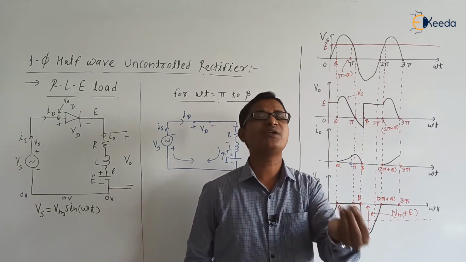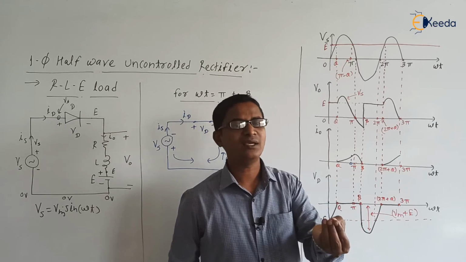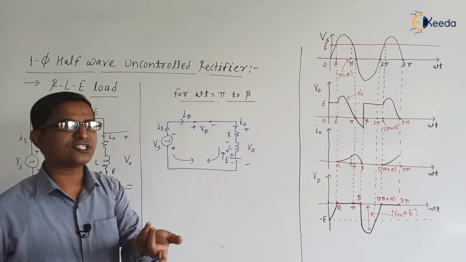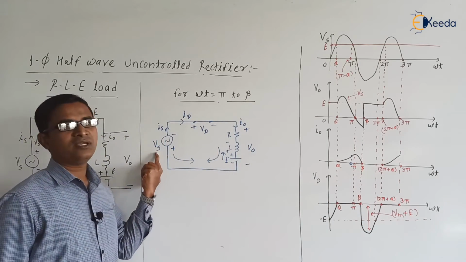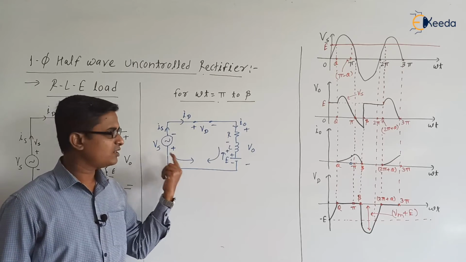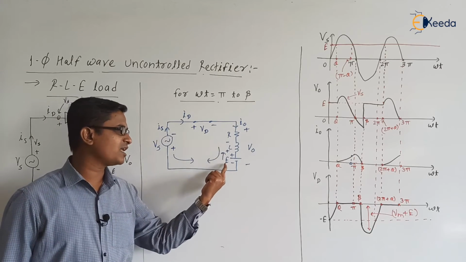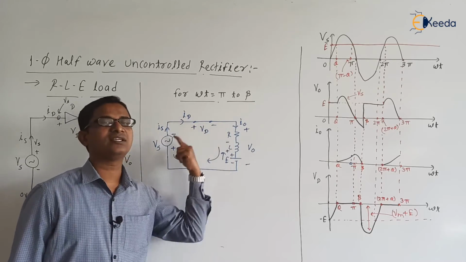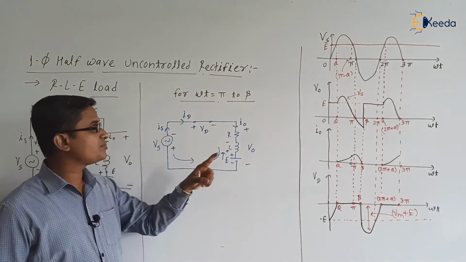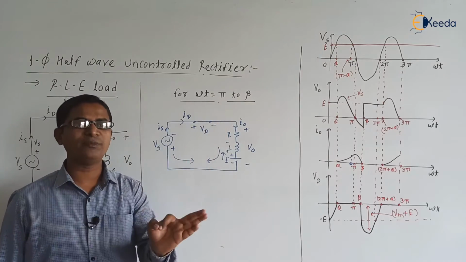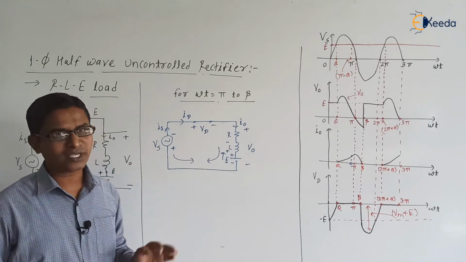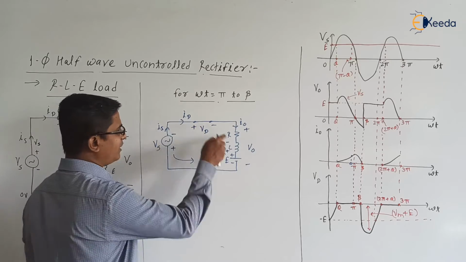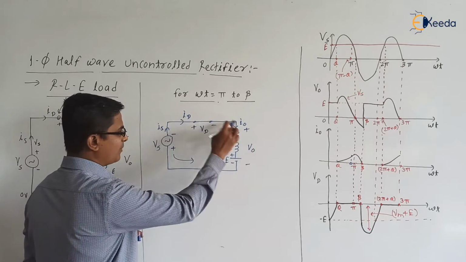Supply voltage value is very small near pi. So the supply voltage value is very small, therefore Vs will be negligible. Ultimately VL becomes greater than E. So that's why the inductor will successfully release the energy through the diode. If you check during pi to beta, our diode will be in the on state only. So during this interval, can we write V0, or can we apply KVL?